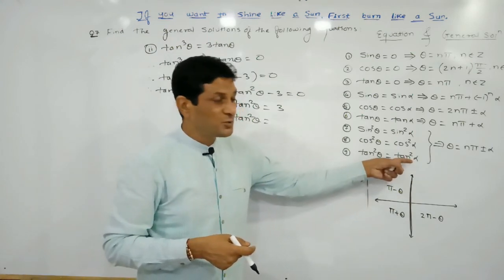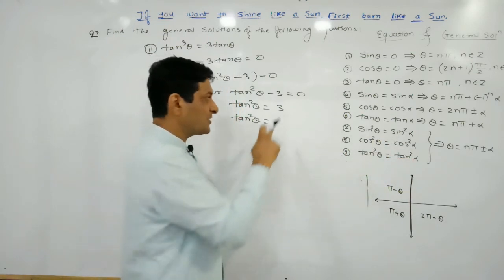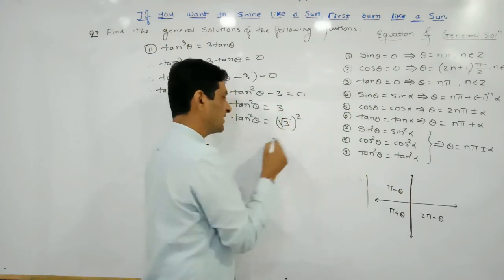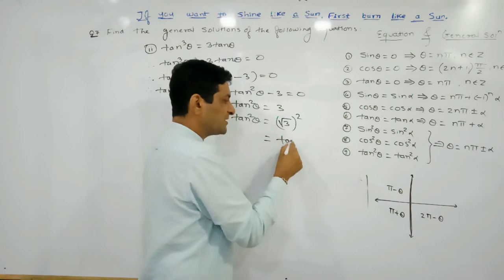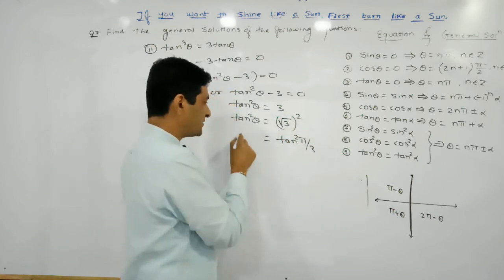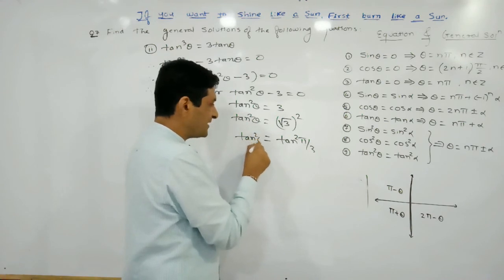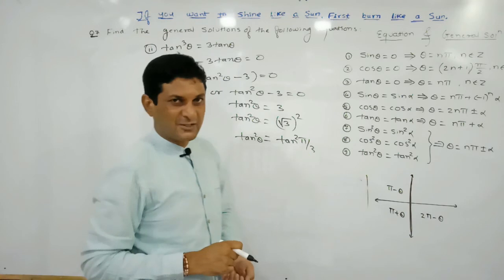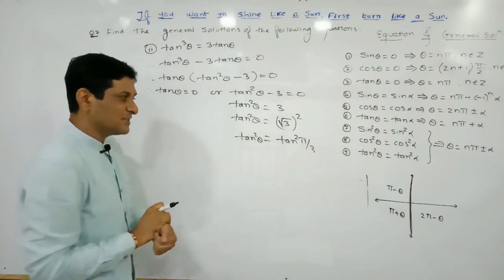That means the right hand side should be the term of a square. That's why this 3 can be written as the square of root 3. But we know that root 3 is the value of tan 60, and 60 means pi by 3. Keep this square as it is. So now we can say that this term is in the form of the formula tan square theta is equal to tan square alpha. Now both the terms are in the standard form.